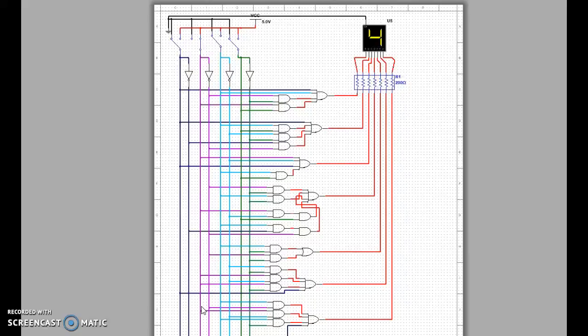where A is off, B is on, C is on, D is off, E is off, F is on, and G is on. Then to create a 5, it is 0, 1, 0, 1,